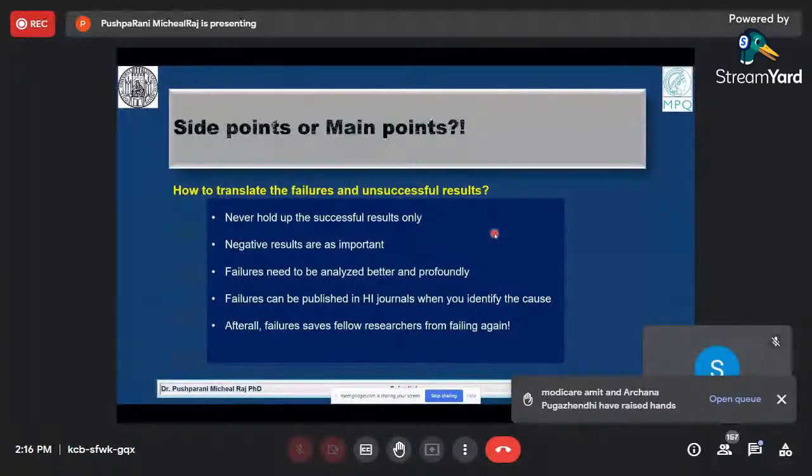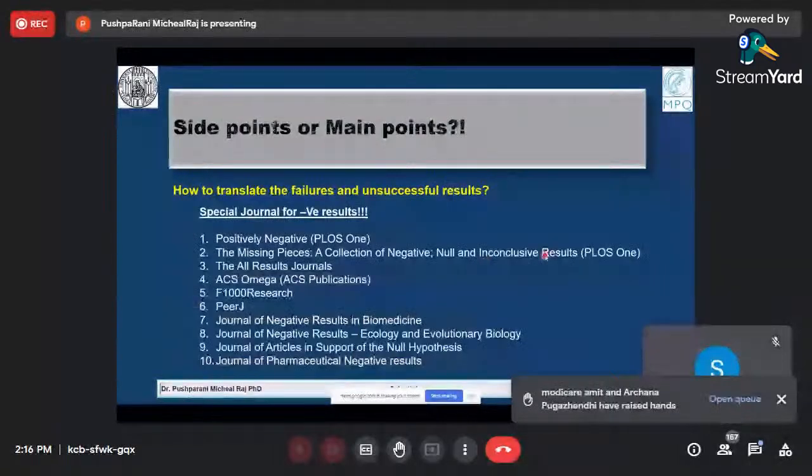And we could have negative results also. As I mentioned before, Plotsman is not a fantastic journal group which invites everything to be published. I think they are doing a fine job in bringing research to the next level. So there are ecology, evolutionary biology, null hypothesis. Yeah, even the journal name is like that. So even for the pharmaceutical negative results, I think we have to appreciate failures.